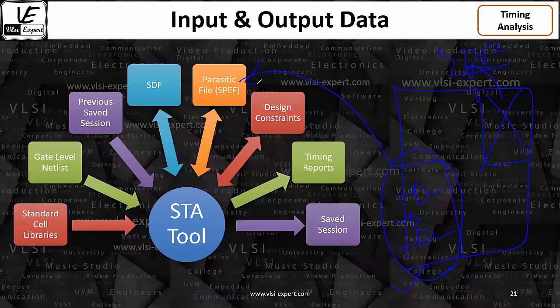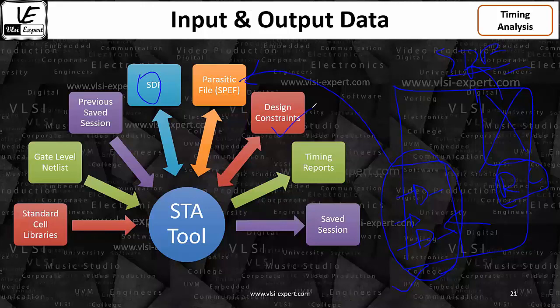But at this particular area where nothing is going to change, we can ask the tool, okay, write an SDF file, because whatever calculation you did, that is good enough. Now no need to do the calculation again and again. So till the time we fix all the violations in this particular area, we can use this SDF file. And later on, once this is fixed, we can again just do one round of iteration to check, okay, if now the tool is going to calculate the delay with respect to the RC of the whole design, then what is going to happen. So that's the role of basically the SDF, just to save time in timing analysis.